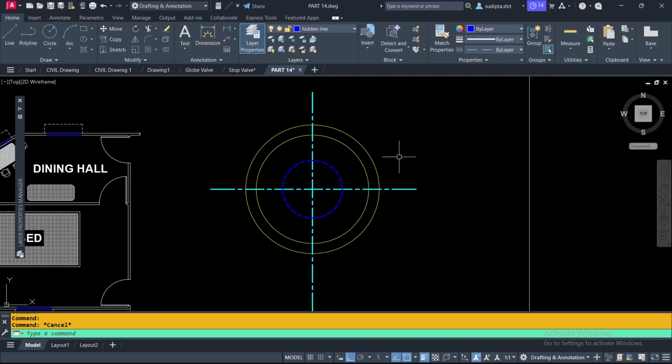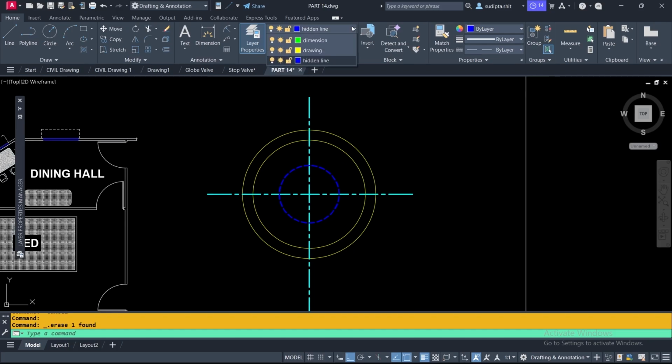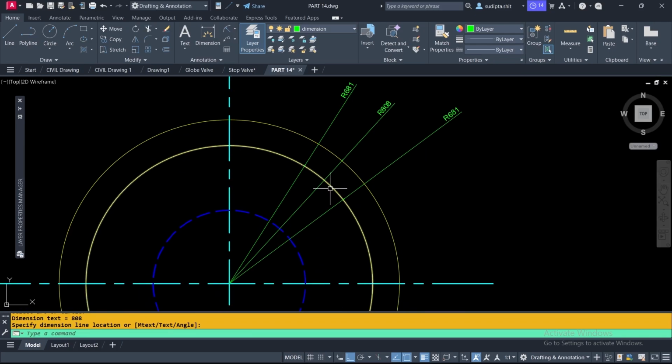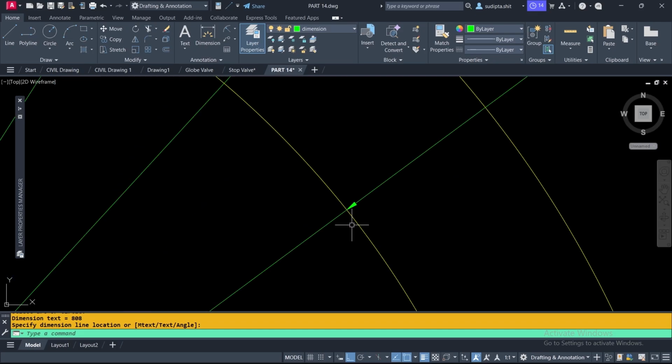Then I am going to apply dimension on it. For that, going to change the layer, dimension I have activated. Now I am going to give dimension to this, again for this, for this. So I have given dimension, but according to our dimension style,